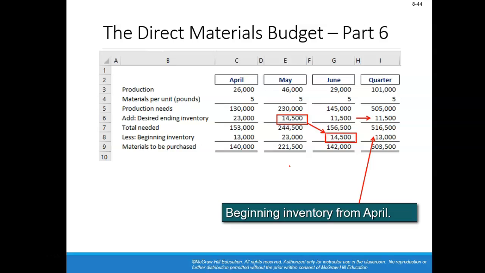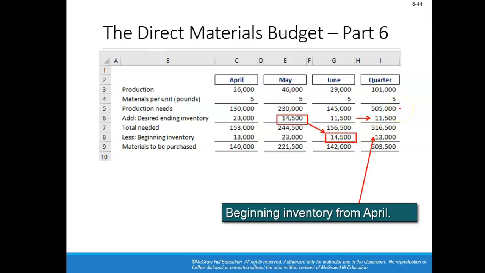So to not be redundant, we'll do the same thing for the month of June. In the month of June, we need to purchase a total of 142,000 pounds of material. So overall for the quarter, we're expecting production needs of